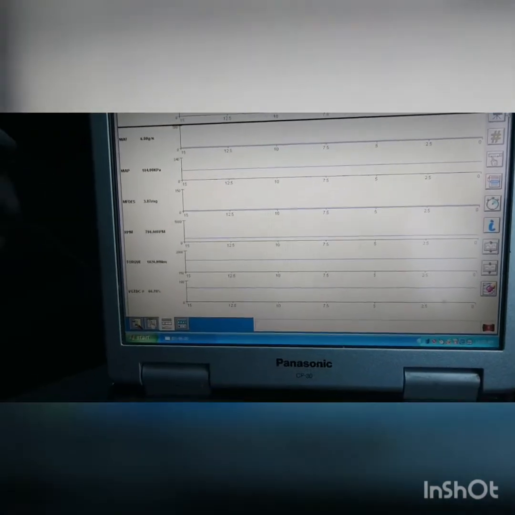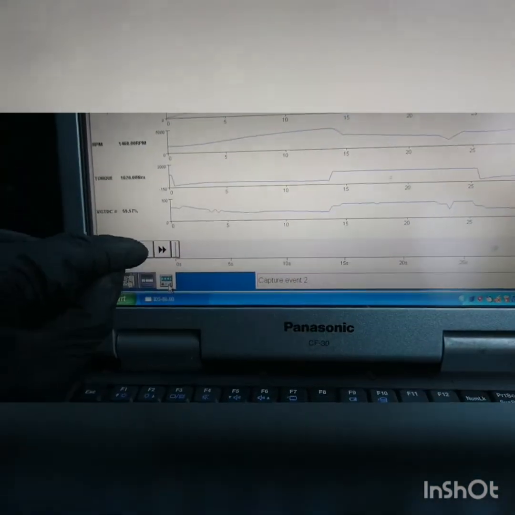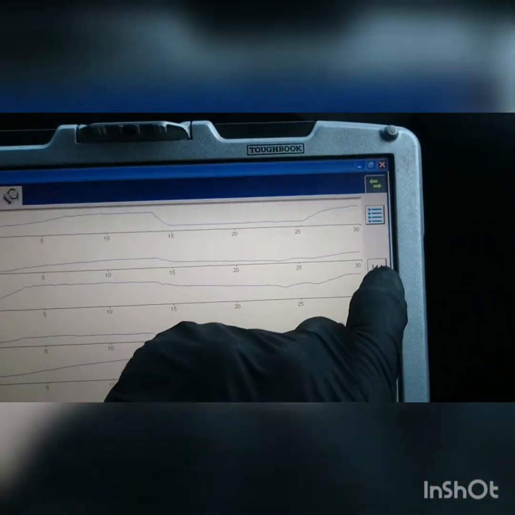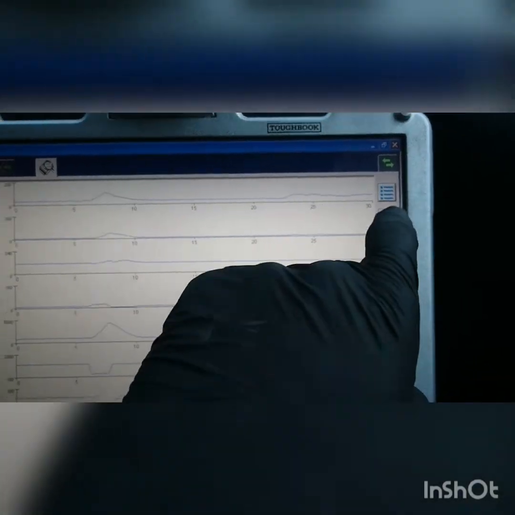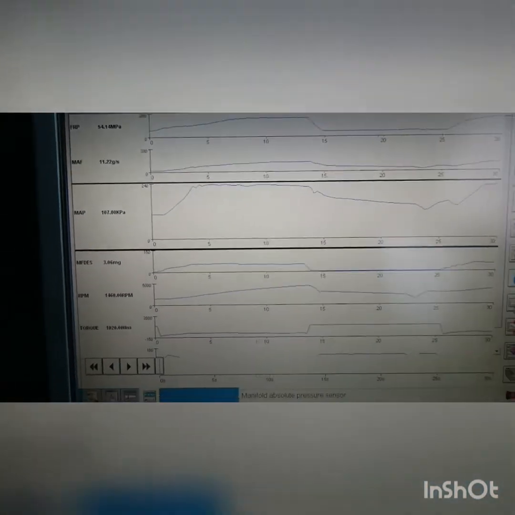Okay, so we've recorded our data and now we're ready to look at it. You press the button down here and you can scroll through different sets of data you've recorded with this arrow. For this car we've only got 2. So you see the nice curves here. If you want to zoom in, you can use this. This is our boost pressure, nice and stable. This is just a stage 1 DPF safe map on a Focus 1.6 110 model. I think there is a way to zoom in on the x-axis as well, which is